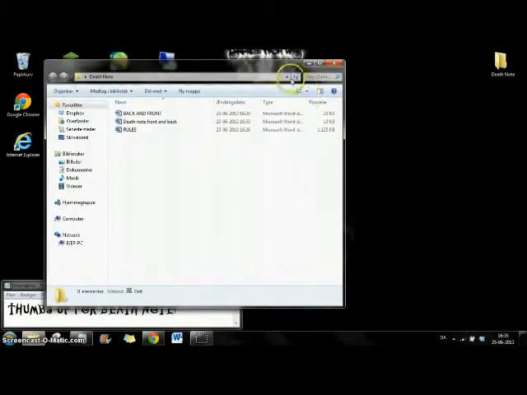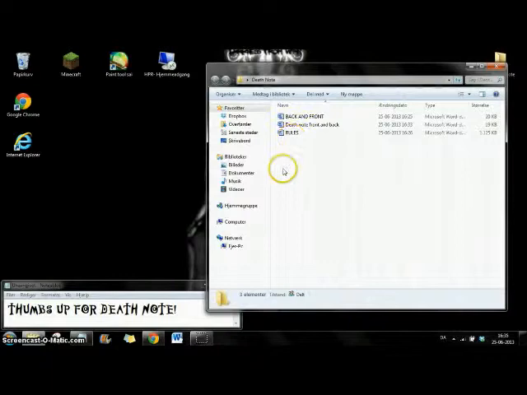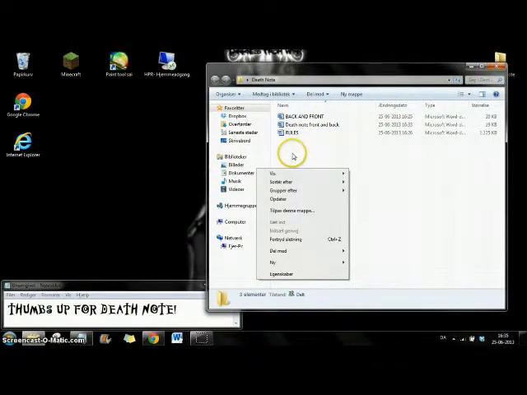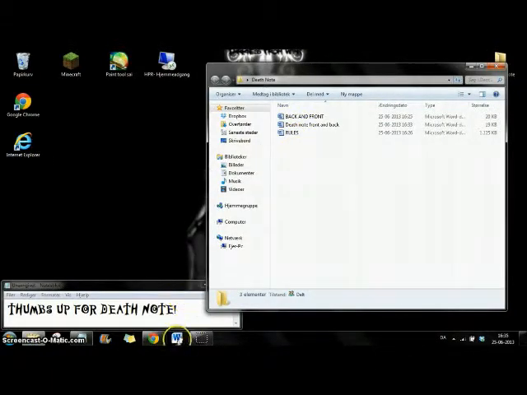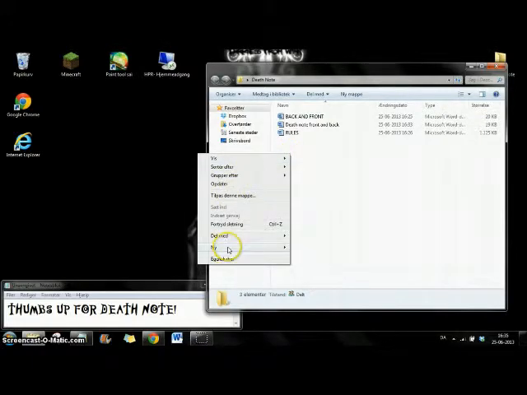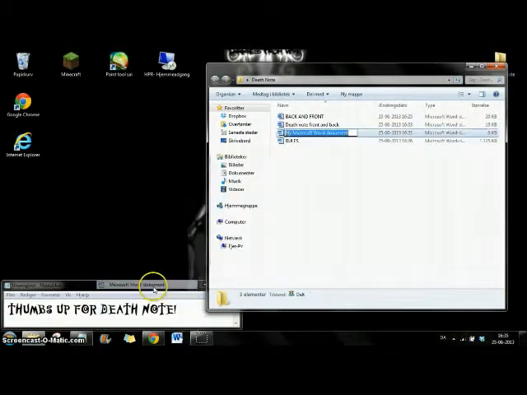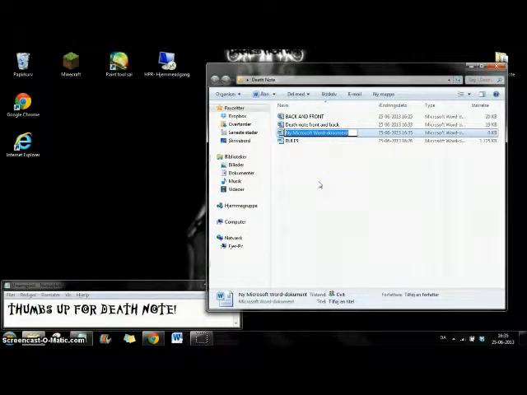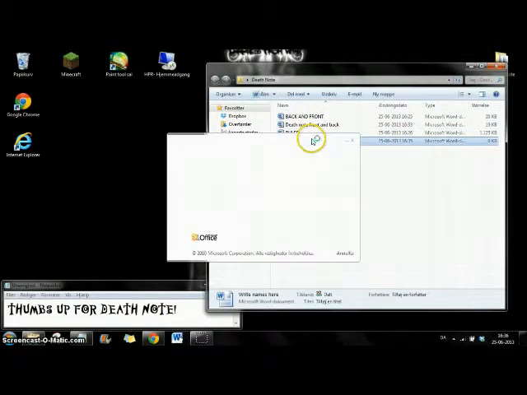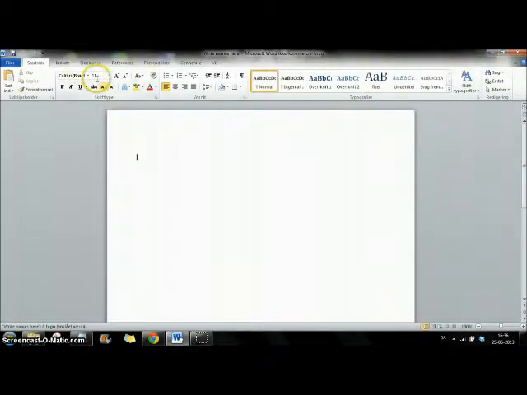And now to the node paper. We're going to make a new one. Instead of opening this up, you can just, for example, in the folder, right click, new, and Word. Then you can type in the name. Right here. Open it up.